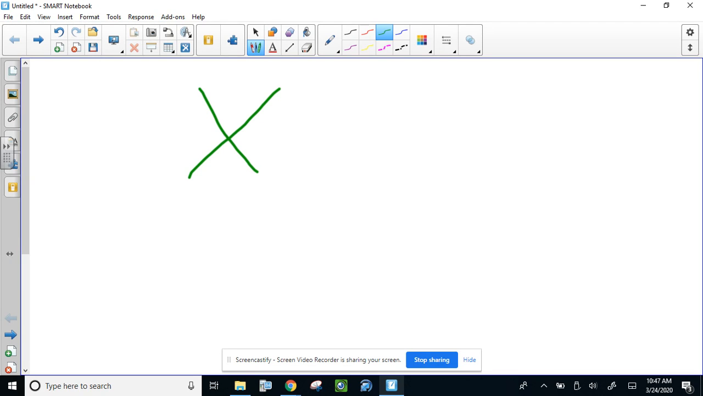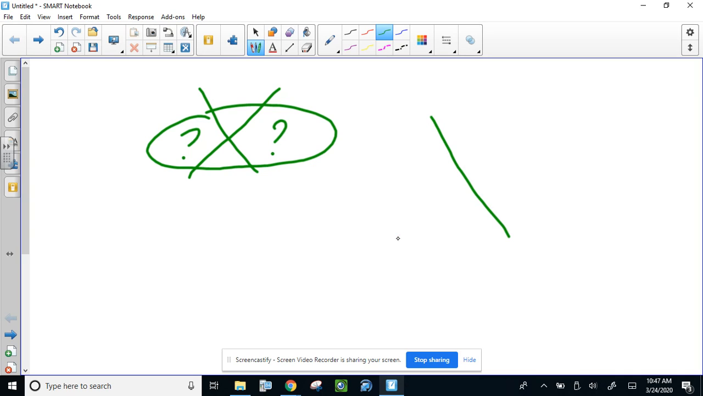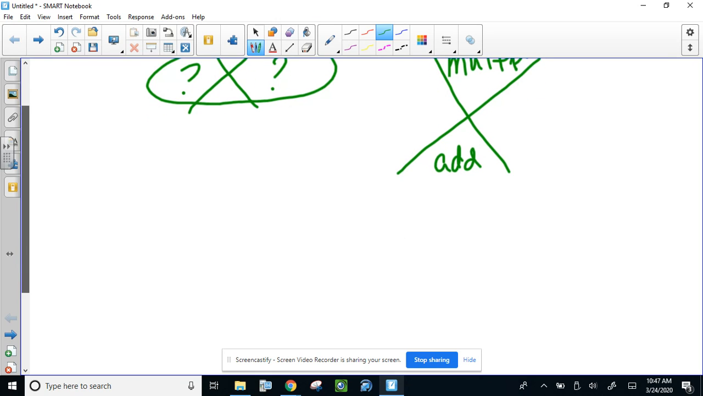So we're going to be trying to find these two numbers in the middle. And the way we find them is that they have to multiply to make the top value, and they have to add to make the bottom value. So for example,